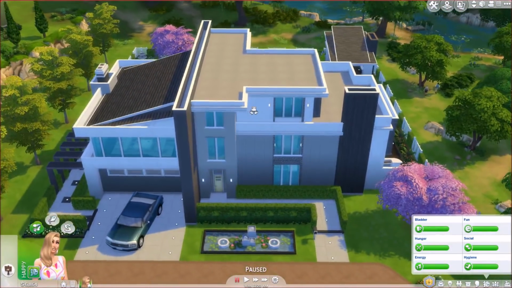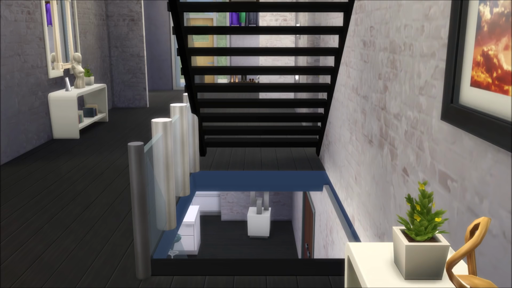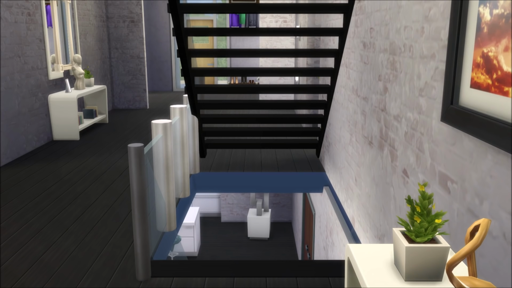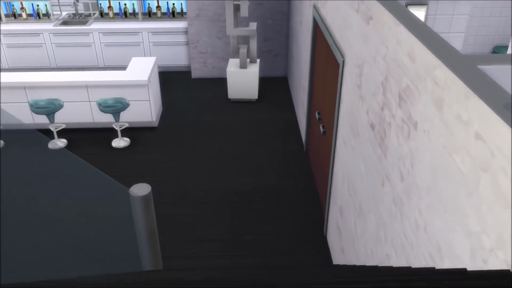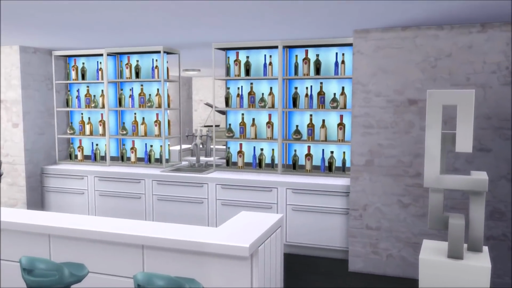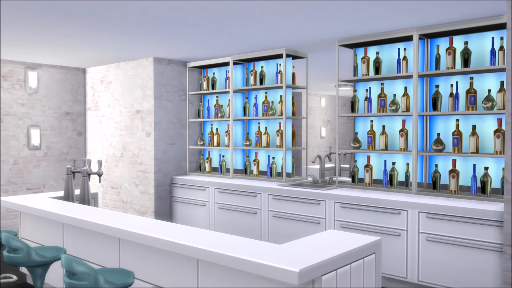And then the next floor that I'm gonna show you is the basement. So we are now back in the hallway, and let me show you guys the basement. So this is the staircase leading into the basement. So let's go down the staircase, and you immediately see this very luxurious looking